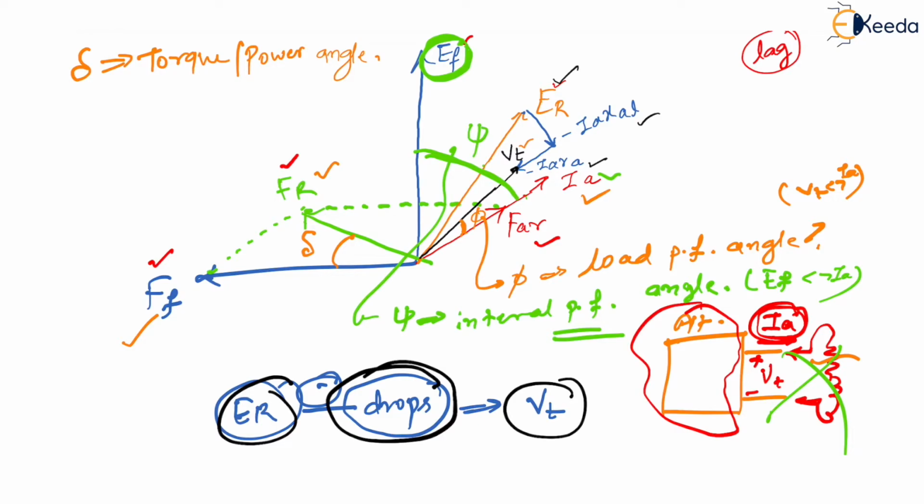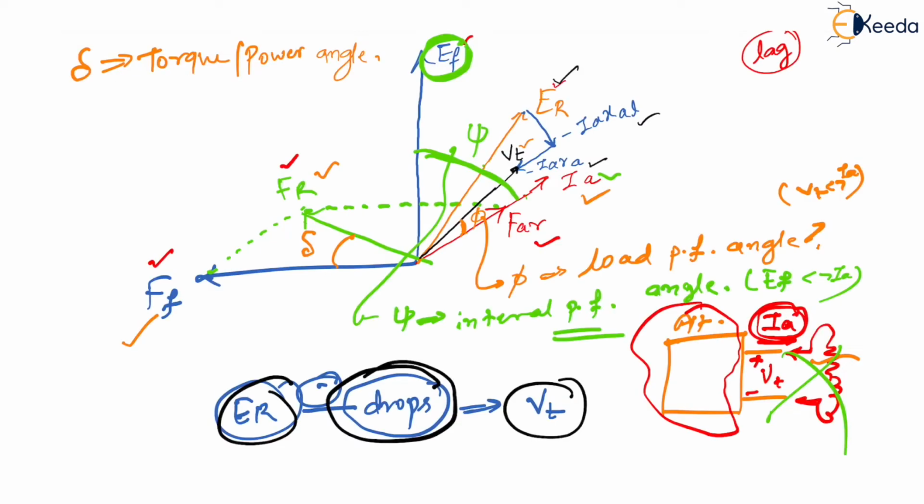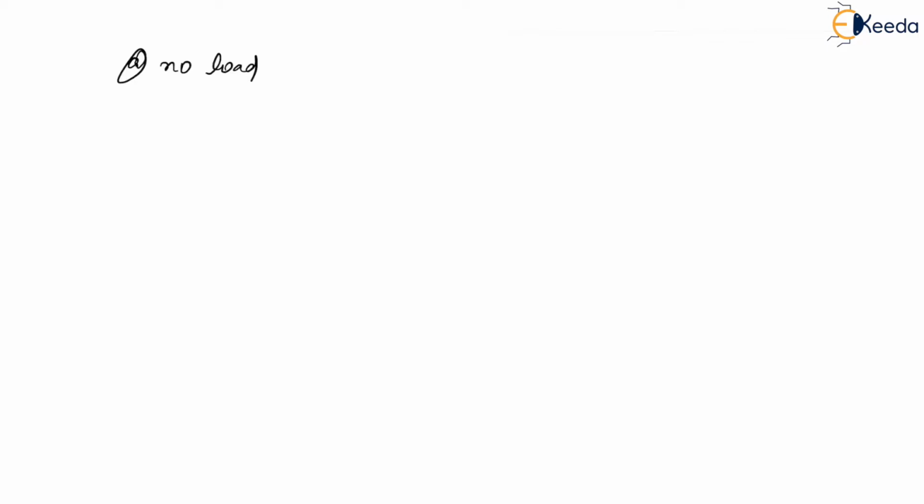Now, if I try to think of the same thing in an equivalent circuit form, then let us see what I get. At no load, you have this FF, and because of this FF, you have this EF. Is that correct? 90 degrees lag, you have EF. So you will basically have here EF, correct? Let me call it plus minus EF. This is AC. Don't worry, you will understand that, correct? So I will be having EF.